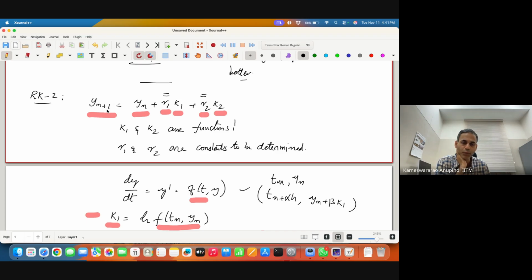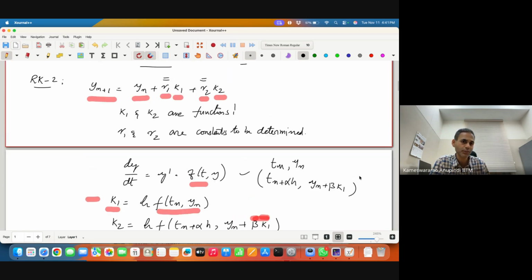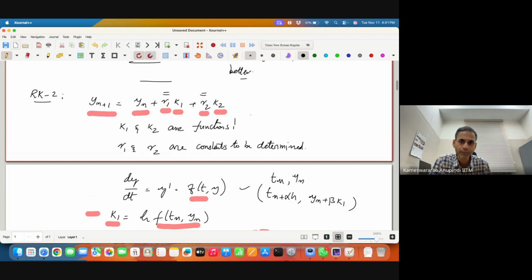Now, of course, it is up to us to determine what is gamma 1, what is gamma 2, what is beta, what is alpha, right? Now there are 4 constants we have introduced in this process. We introduced alpha, beta, gamma 1, and gamma 2. These are values that need to be calculated. Okay, so that means now we want to calculate these values such that we are able to obtain the highest possible order of accuracy